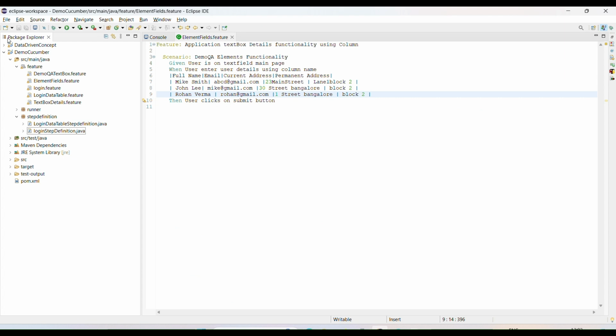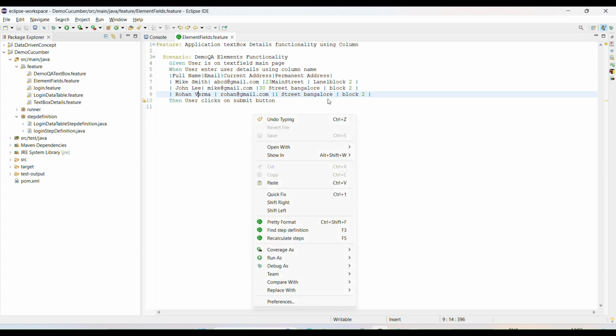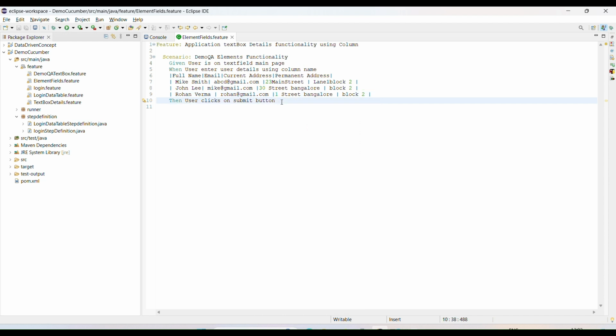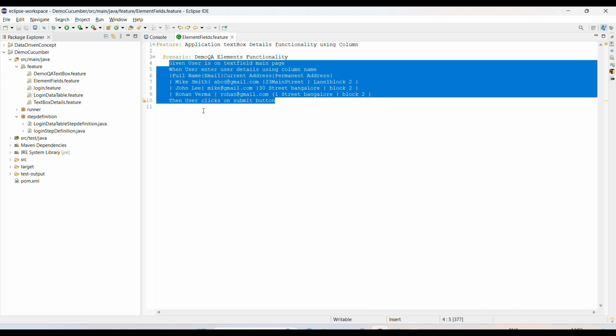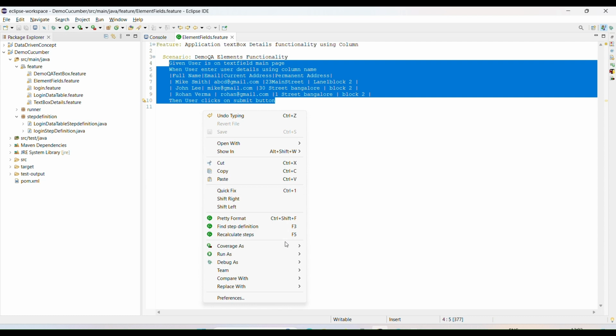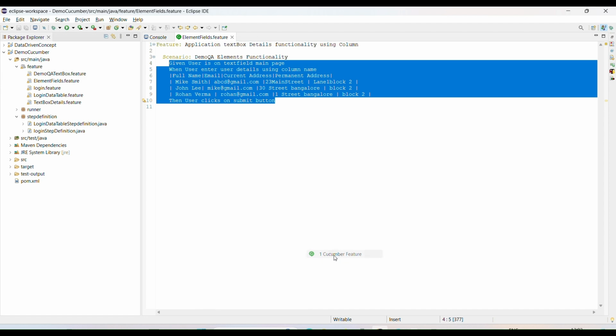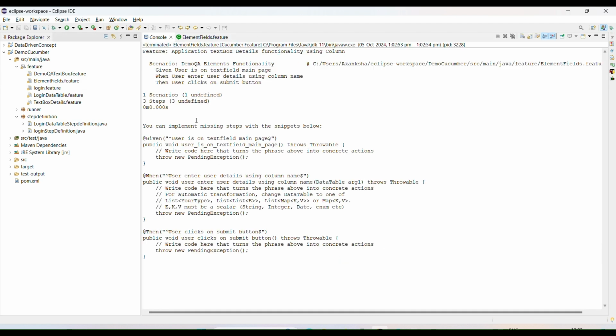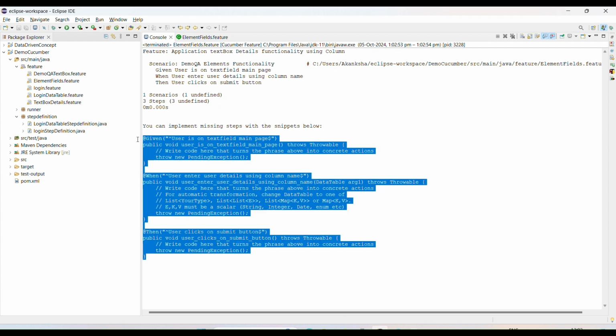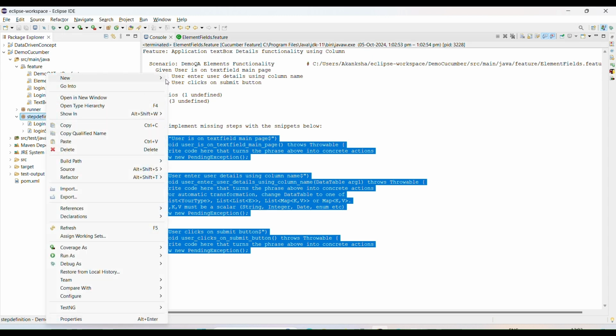Okay, so see guys, I created one feature file, and what we are going to do now is run this feature file. Right now there is no step definition for any of the steps, so we will get the snippet. I want the step definition steps, so just run this feature file as a Cucumber feature, and you will get the snippet of all the missing steps. We declared three steps, so I'm going to copy these three steps and create one step definition here.